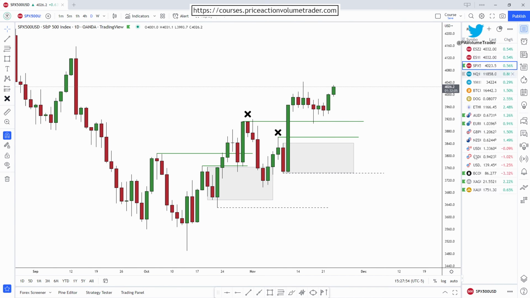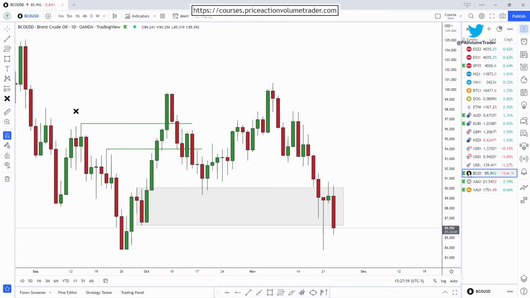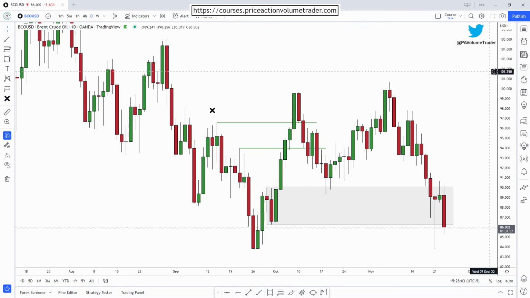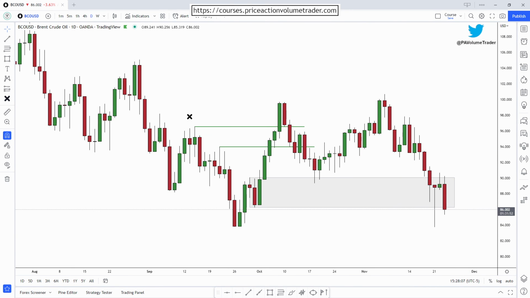Okay, and I think I have a couple more. Let's see right here. For example, here we have a chart on crude oil. You can see that this rally was short-lived because we actually came and just invalidated everything. But at the time that I annotated this slide, we were right around here. And so you can see the same thing. We're coming in a downtrend,